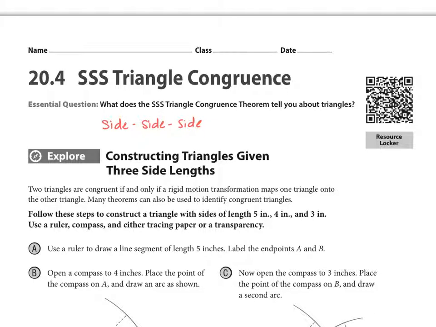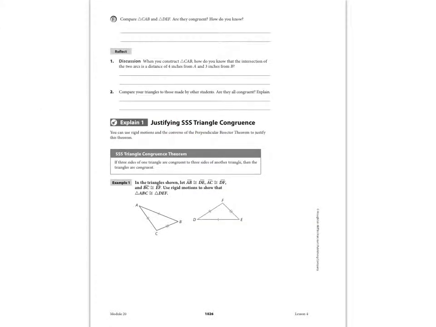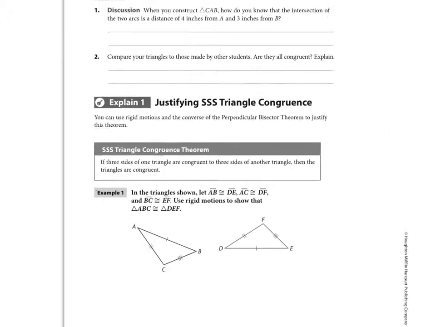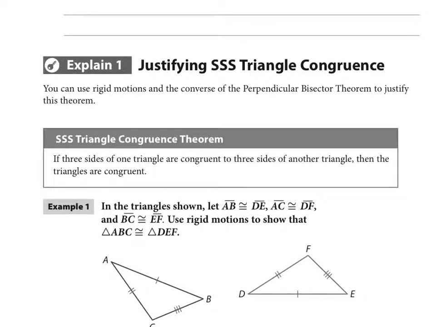So, side, simple enough. There's only three sides in a triangle, right? So it's not like you have to really look for them very hard. It's just, are all three pairs of sides congruent? That's it. On the very next page is the statement of side triangle congruence, and same exact conclusion, right? If the three pairs of sides are congruent, then the triangles are congruent, and that leads us to being able